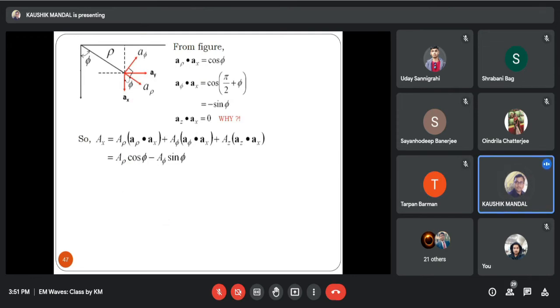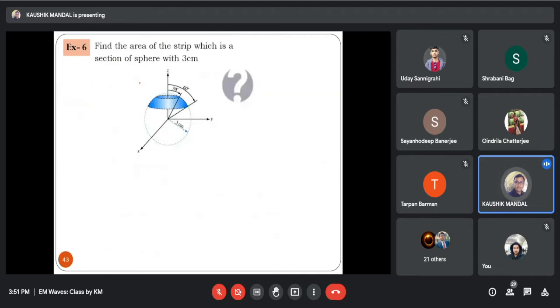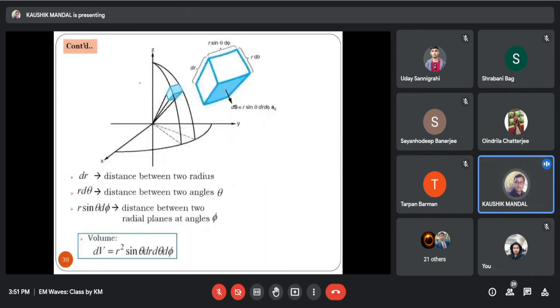That is, we draw all the unit vectors as per our basic discussion. As we know, this is the ax unit vector, this is the ay unit vector, this is the a rho, and this is a phi. I think your problem is at this particular point. Am I correct? Yes, sir. Now to understand this one, it is better to go to the cylindrical coordinate system. Okay, I'm moving to the cylindrical coordinate system.